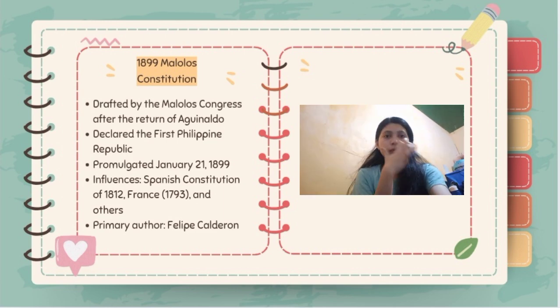The Filipinos had been fighting for independence from Spain for many years. In 1897, they agreed to a truce, but the Spanish still controlled the country. Filipino leaders, including General Emilio Aguinaldo, accepted payment from Spain and went into exile in Hong Kong. But the fight for freedom wasn't over.